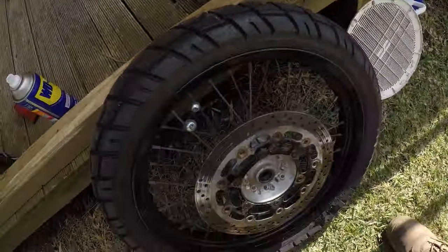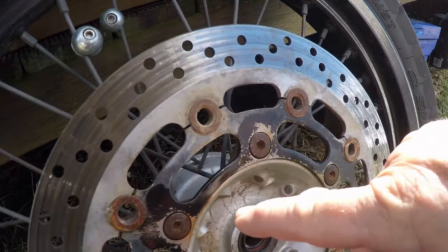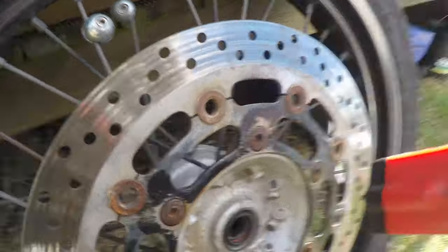So what we're going to do is we're going to put some heat into the situation here. These steel bolts going into an aluminium hub. Good chance after 20 years that's going to be galvanic corrosion. I have sprayed some WD on it, but to be honest, I have more luck with WD with nuts than bolts. If you refer to my old Crusader video, I had no luck there,